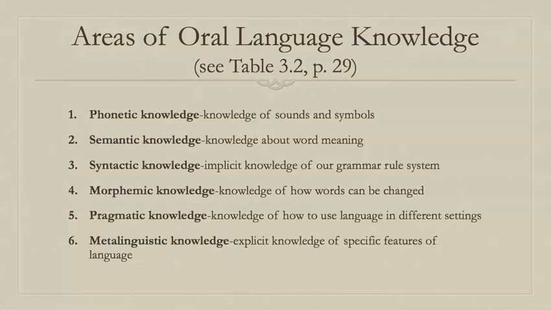Metalinguistic knowledge is about knowing what you know. For example, in the pragmatic knowledge, the child might know this slang language, right? And they might be able to use that adequately in the playground. But when they use it in the classroom and the teacher tells them, no, this is not the context where we use it, then the child realizes that they don't really know when it's appropriate to use this language or not, right? So being aware of what you know and what you don't know is going to give you